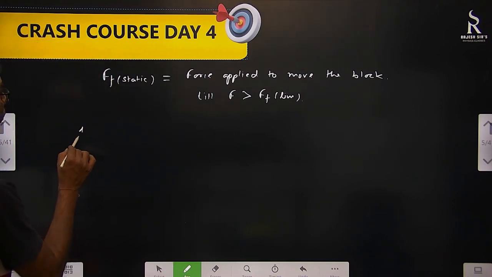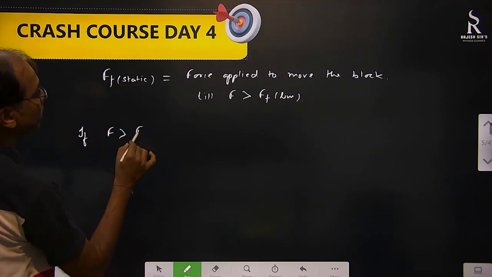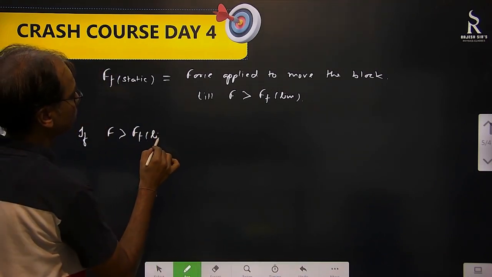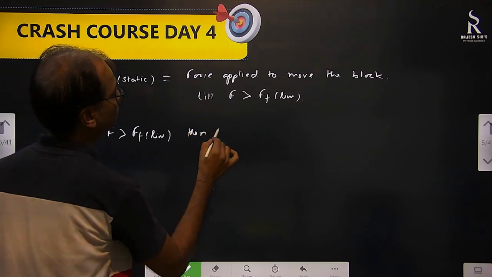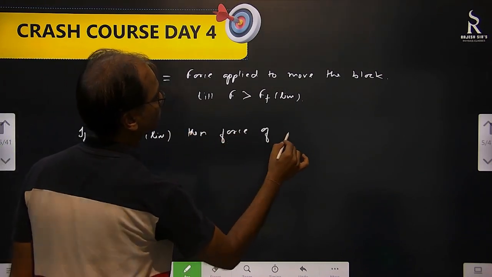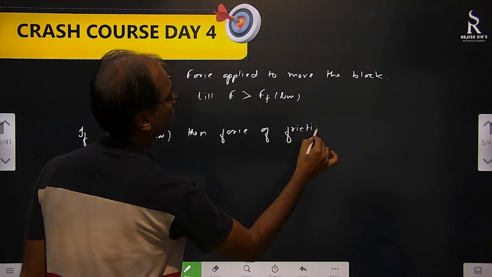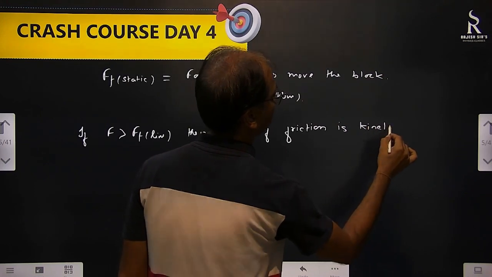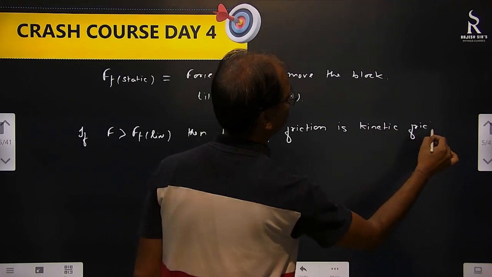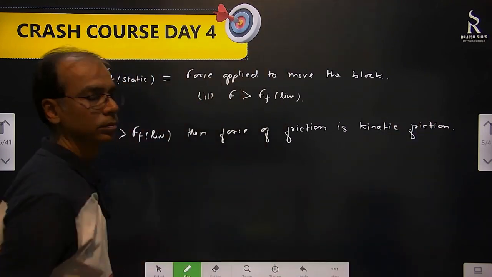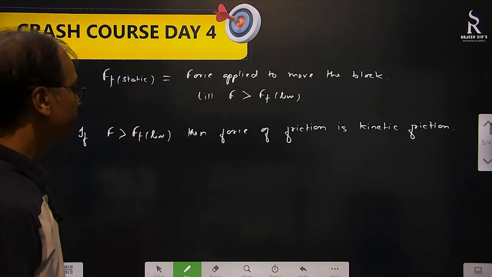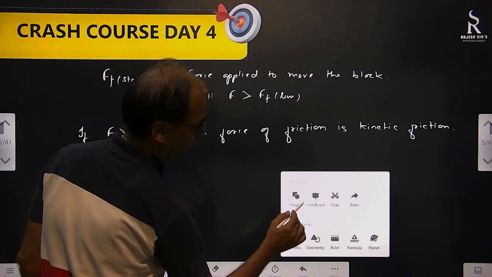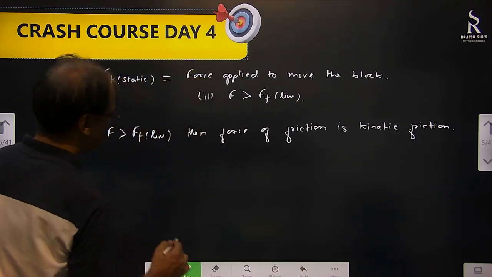If force applied is more than limiting friction, then force of friction is kinetic friction. Okay, clear? Now let's make its graph. How is the graph? Let's see. So if we make the graph,